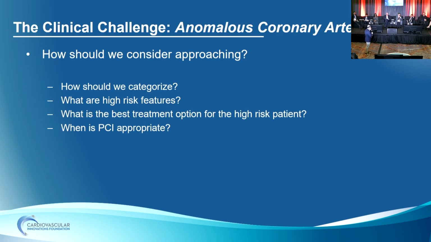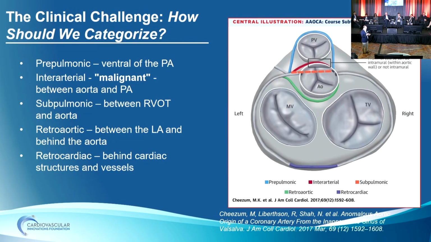We would all agree on a panel that in this situation of an ST elevation myocardial infarction, getting this vessel open, establishing some flow was the first step, maybe not definitive therapy, but the first step. But this is not the typical case of anomalous coronary arteries that we're going to see, right? So I won't belabor this point, but certainly we have to think about what is the course and how do we categorize the